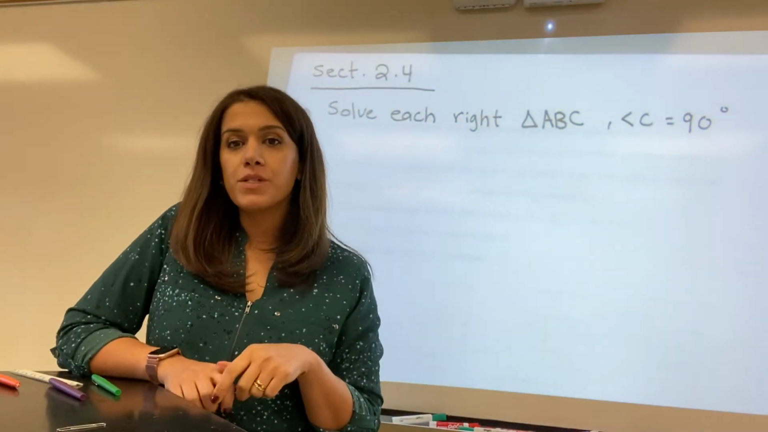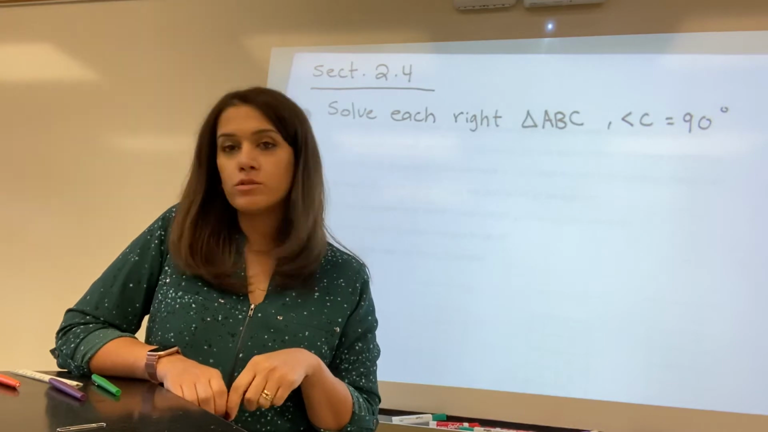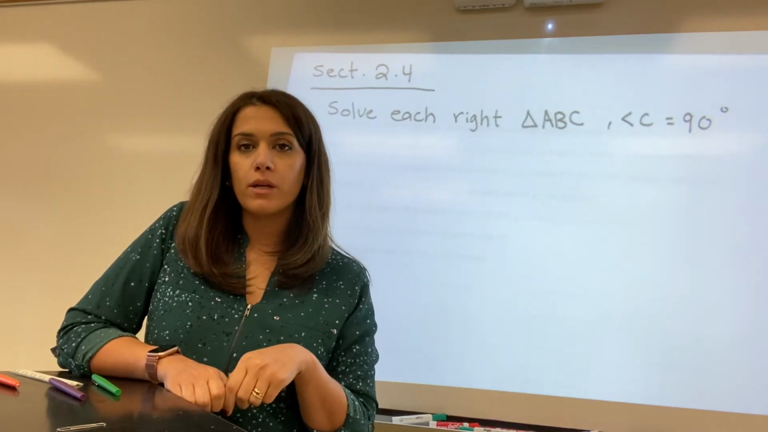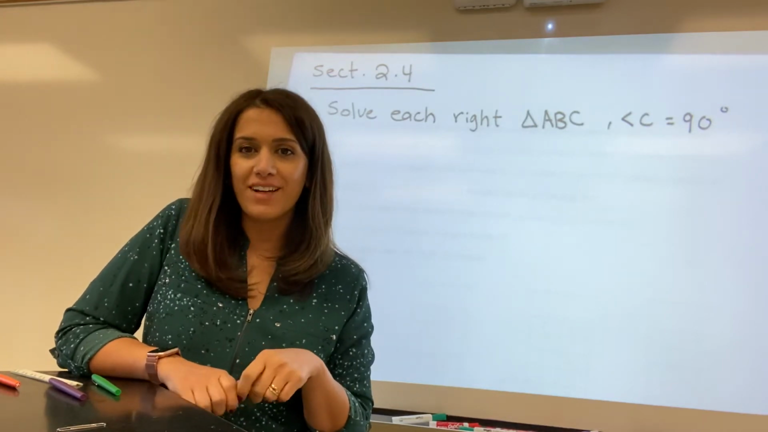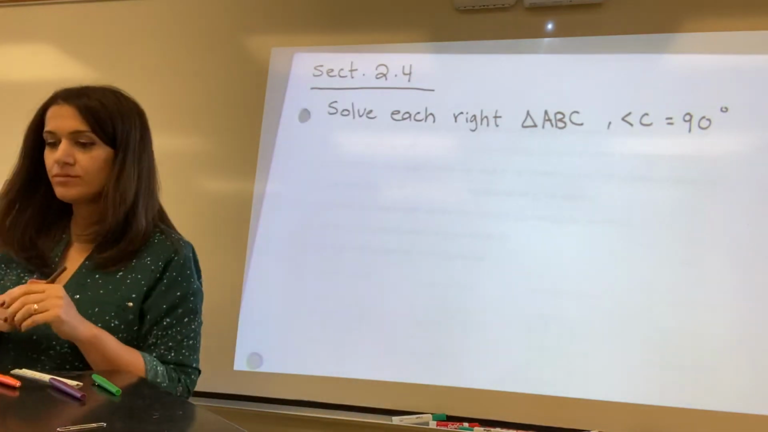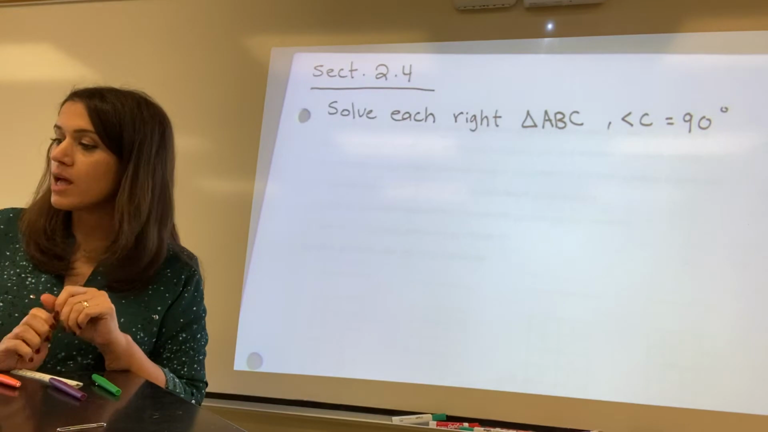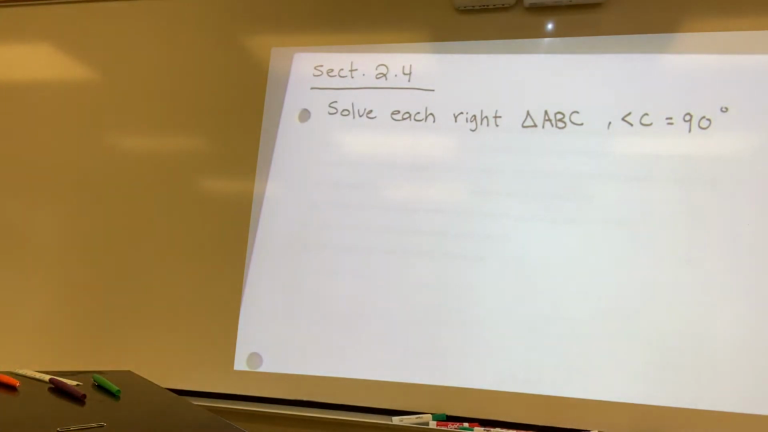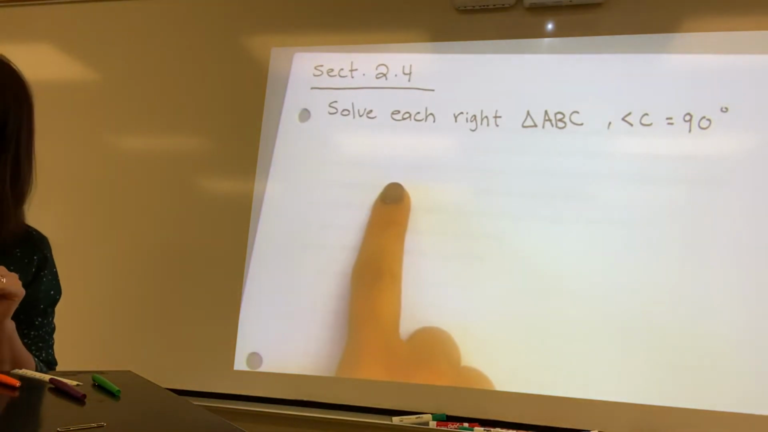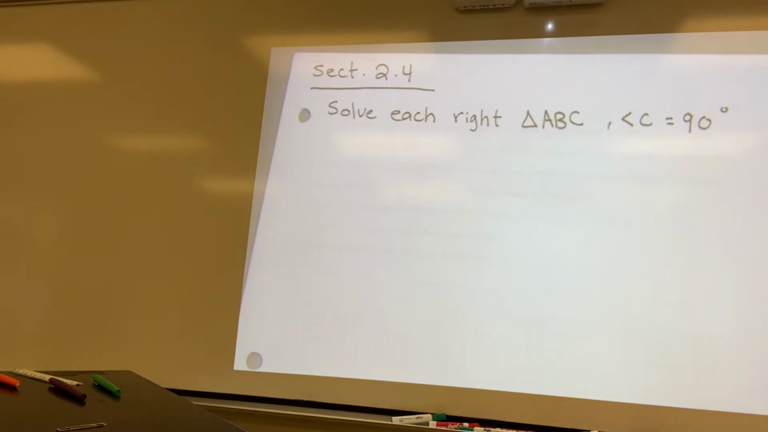Okay, we are still working on section 2.4 where we are solving right triangles. And in this video, again, we're going to look at two examples about two right triangles. So here I have my first example, and it says solve each right triangle ABC where the measure of angle C is 90 degrees. So they're telling me